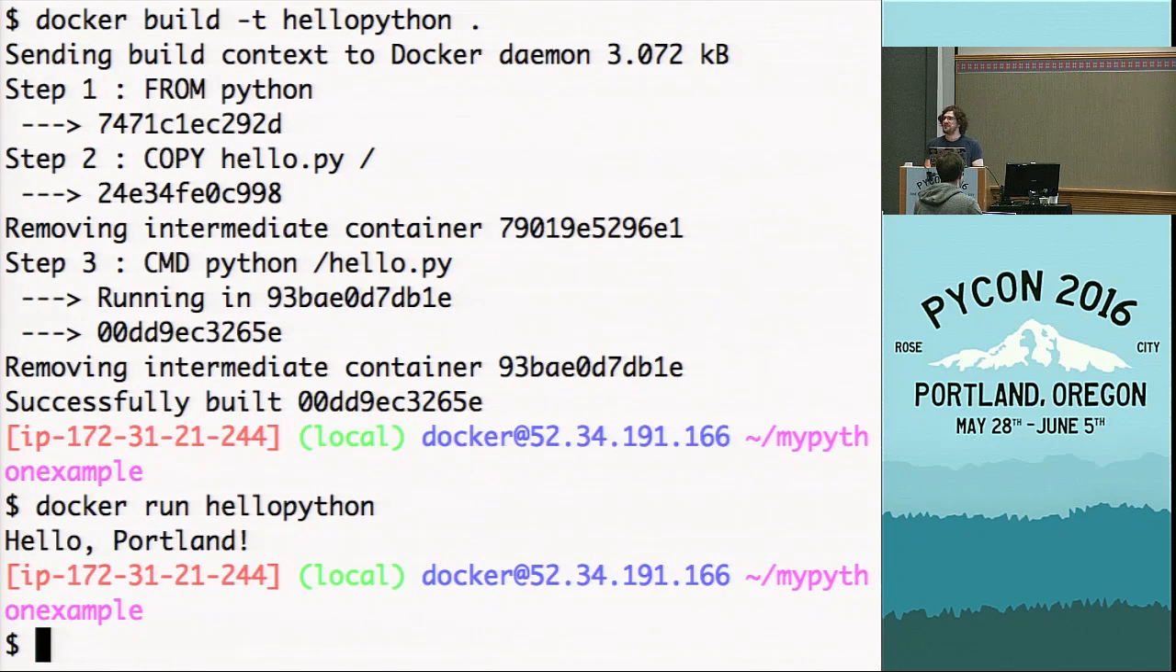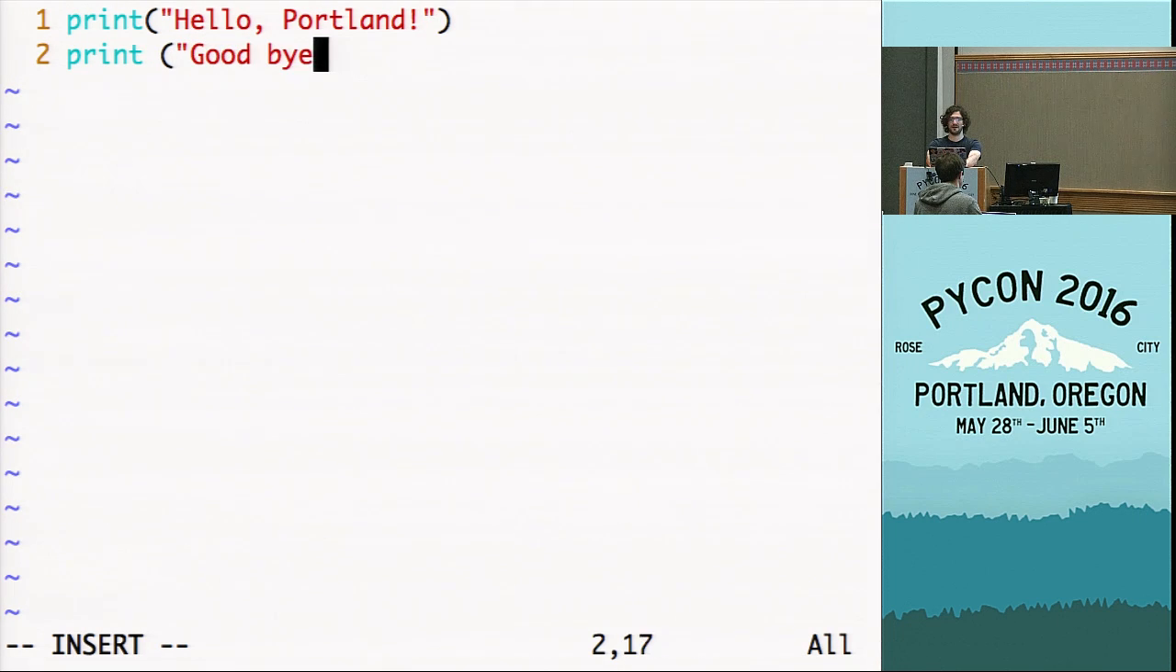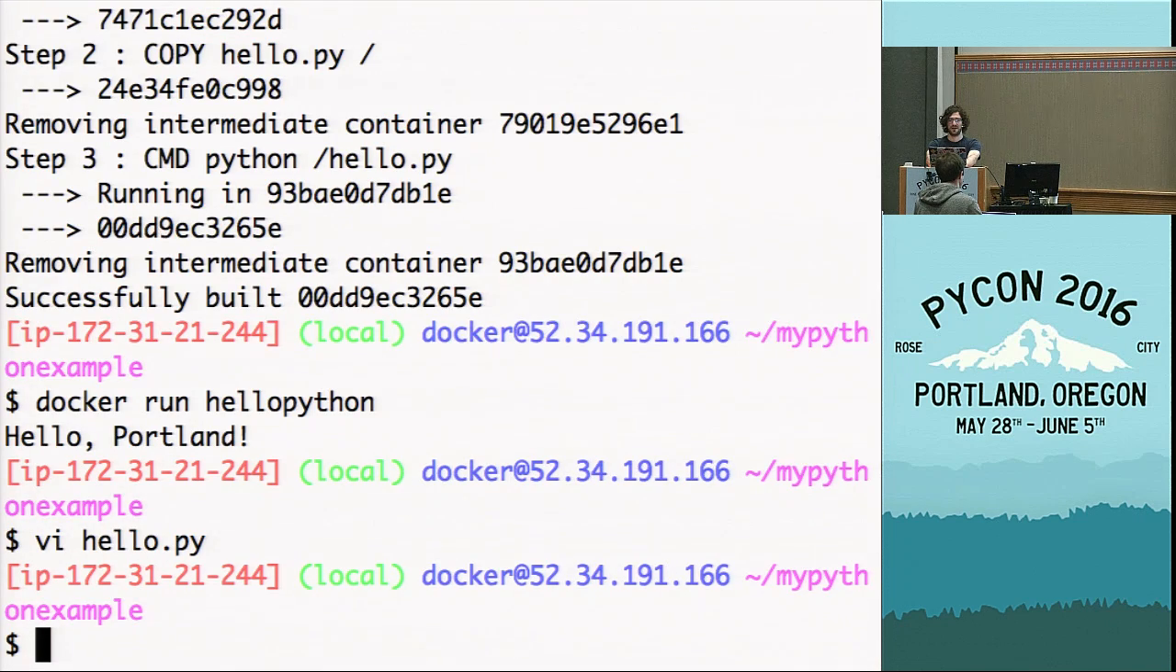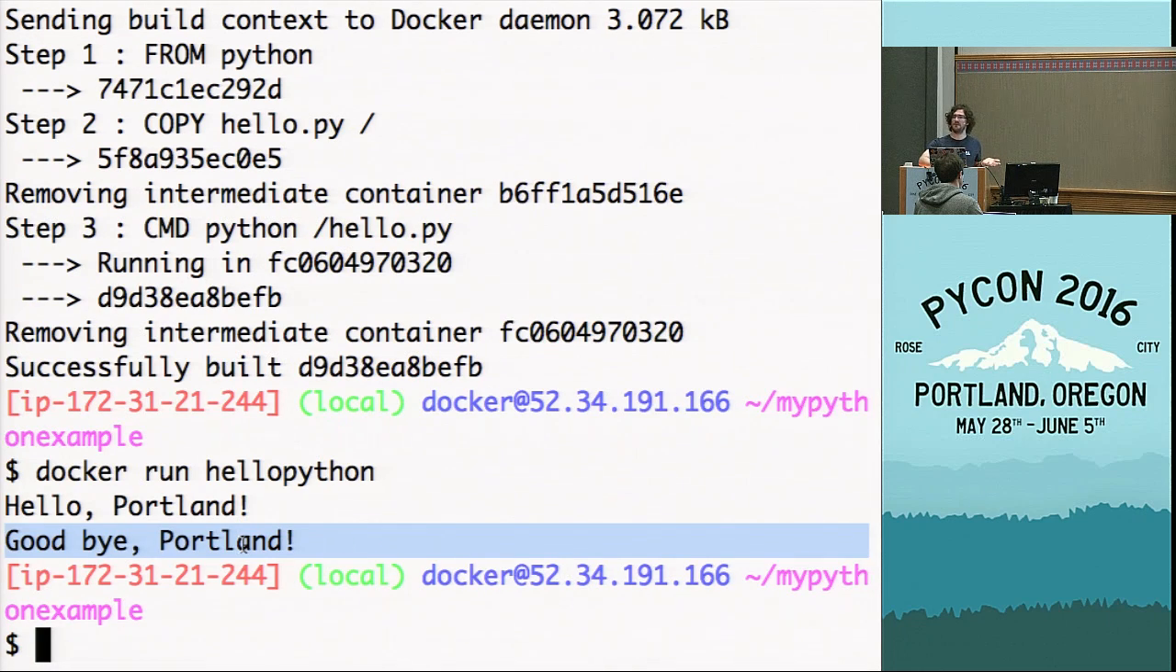Now I'm going to make changes in my code. So I'm going to edit the hello.py file, and I'm going to add goodbye Portland. And I'm going to build again. So with what we saw before, it's like, oh, you didn't change the Dockerfile. So normally the caching system should kick in and it should just say, hey, we already have that. So it should not rebuild the image because the Dockerfile has not changed. But if I do that, and then I do docker run hello Python, I see that I have my goodbye Portland message. So if I look in the output of the build,